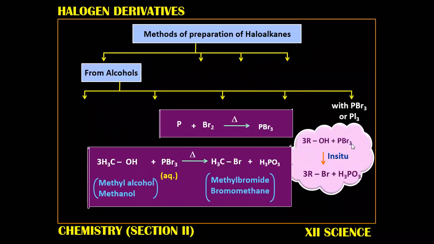As you have written the reaction with phosphorus tribromide, the same thing you have to do with triiodide also. Even in triiodide, you have to write in situ and you have to give this reaction. Phosphorus plus iodine gives you triiodide. For bromide and iodide it is the same. You have to write a two-step reaction. First you have to prepare tribromide and triiodide and then react with alcohol. So a two-step reaction. And here you have to use 3 molecules. Product also 3 molecules. Okay, I'll go to the next slide.